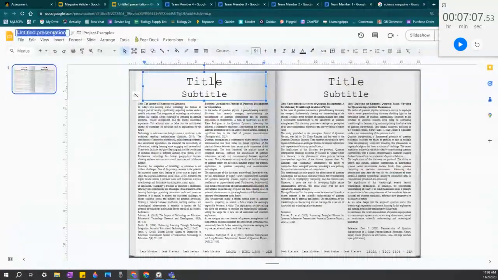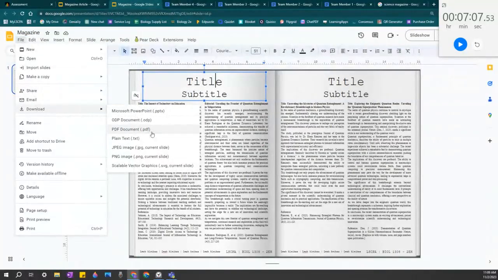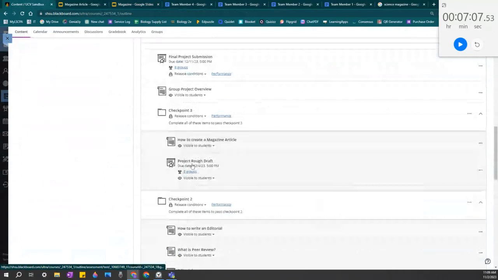The last thing that you're going to do is go to File and download it as a PDF. We want to make sure that we download it as a PDF. Do not use ODP or PowerPoint or plain text. It'll change the formatting. You want to make sure that you download it as a PDF. Definitely not an image, because an image will not work in Blackboard. So make sure that you download it as a PDF, and that is what you're going to upload in checkpoint